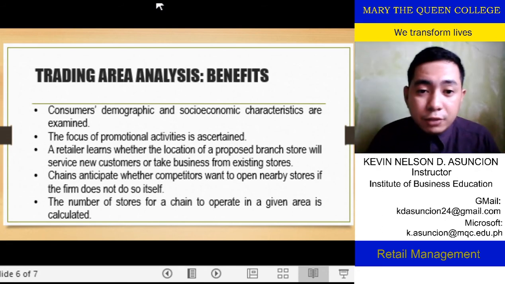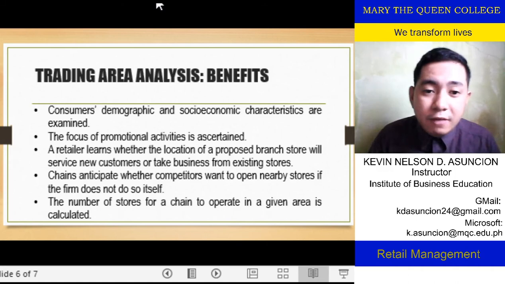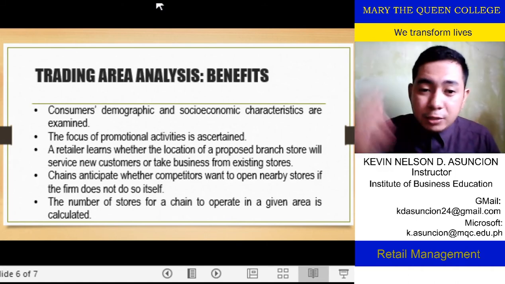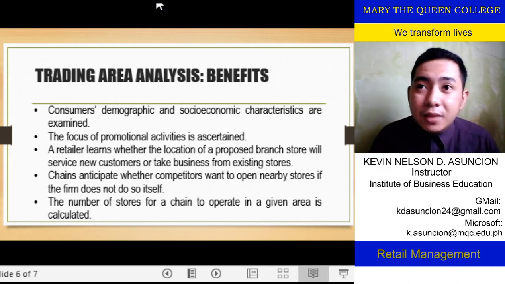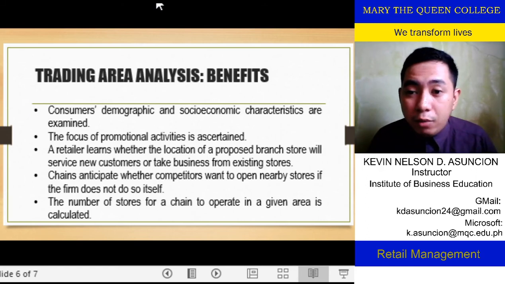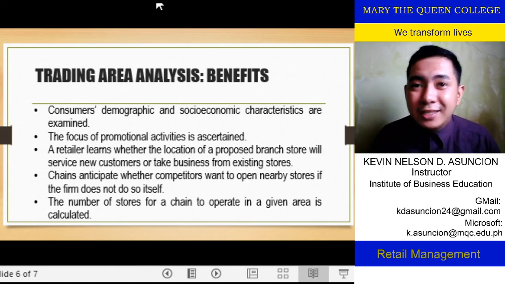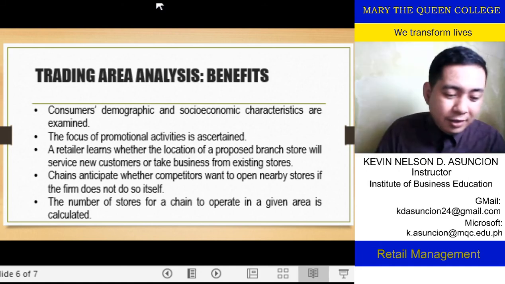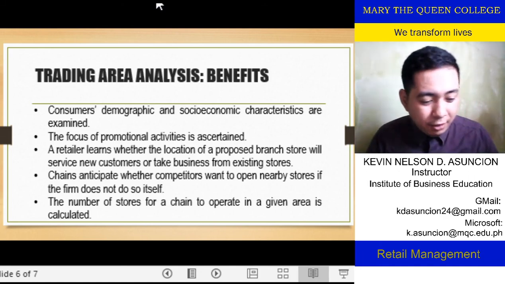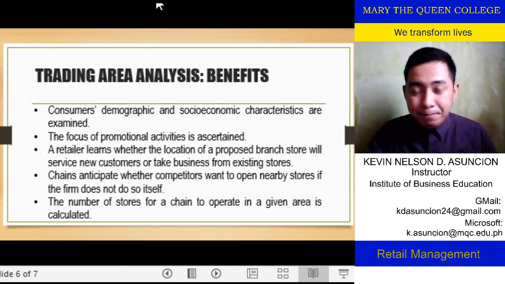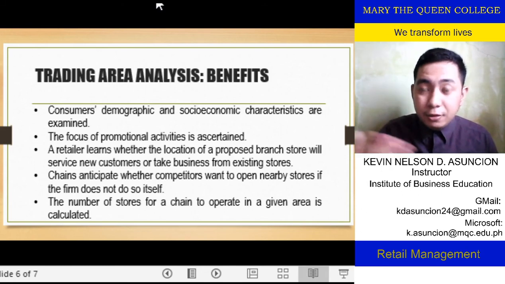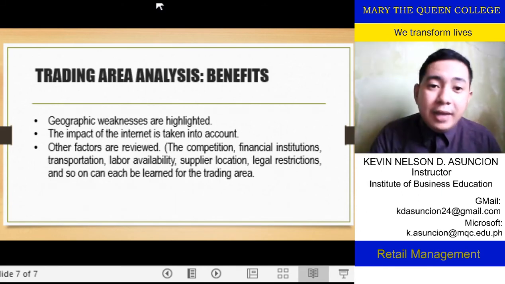And then, the number of stores for a chain to operate in a given area is calculated. Same as what I've mentioned about the SM supermarkets, SM malls, ang target nila is every 30-minute drive. So, they are calculating para sila lagi yung maging options ninyo sa pagbili ng mga household needs ninyo. Okay? And lastly,